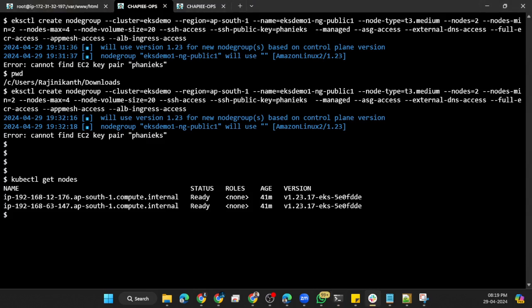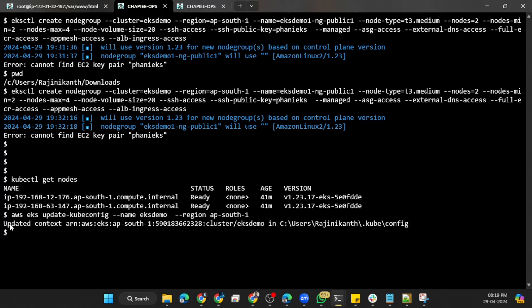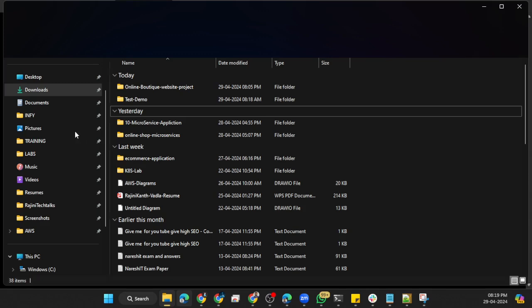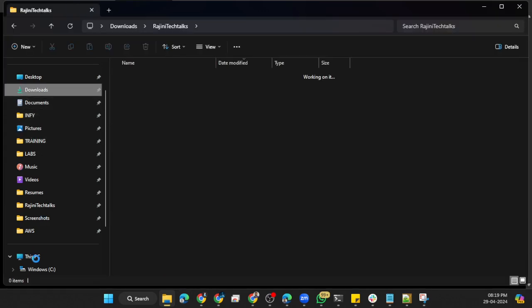So when I run this command, aws eks update-kubeconfig --name eks-demo --region ap-south-1, it is going to update my cluster. You can see this is in this path. If I go to the same directory,